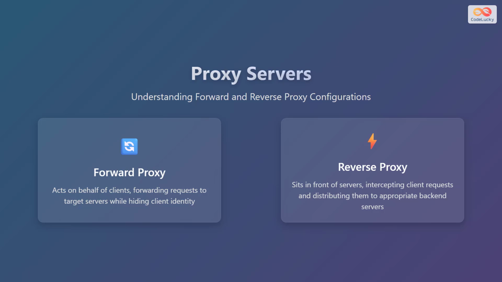Let's delve into the world of proxy servers. In this presentation, we will explore both forward and reverse proxy configurations. Proxy servers act as intermediaries between clients and servers, providing various benefits such as security, performance enhancement, and control over network traffic. We'll start with the basics, understanding what proxy servers are and the roles they play in modern network